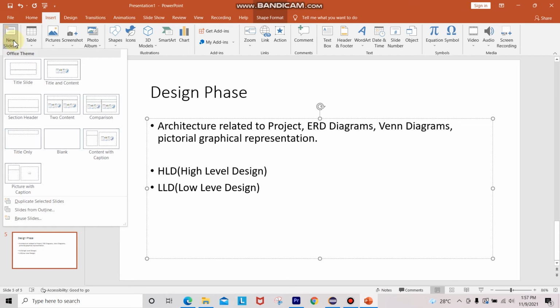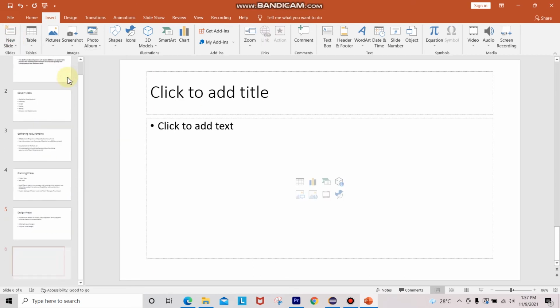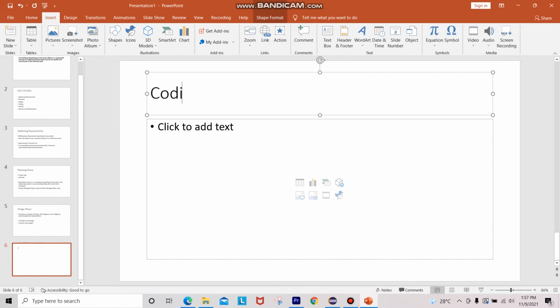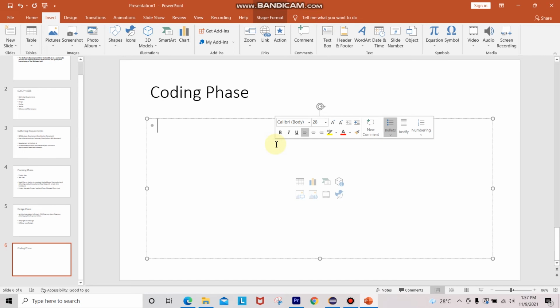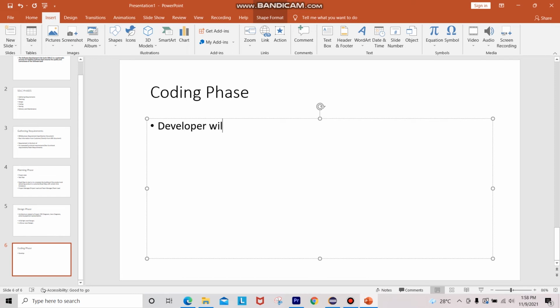I will take one more slide. That is called the coding phase, that is for coding. Here the developer will come and create source code for the design diagram or flow or the process.